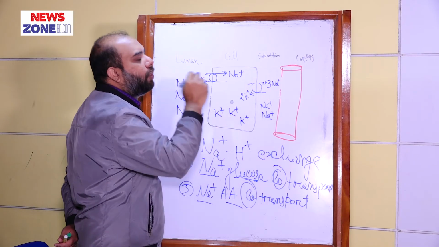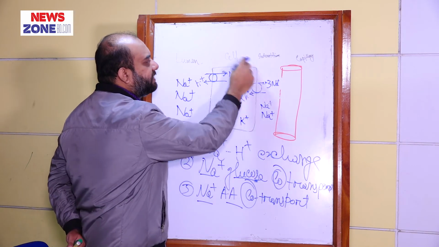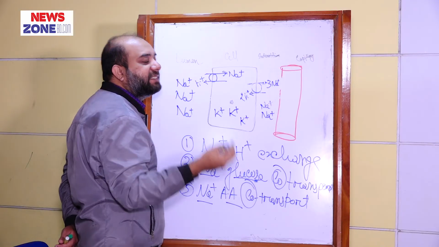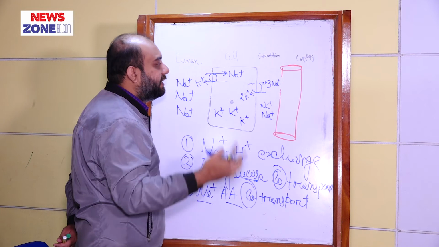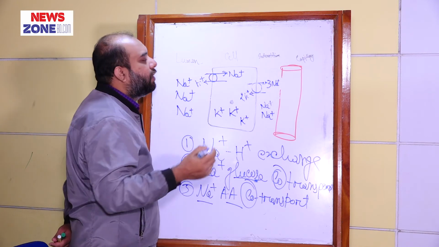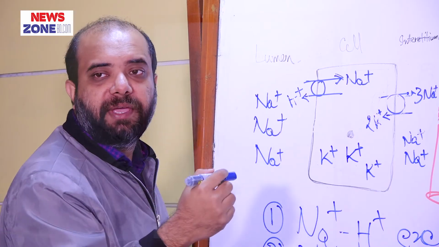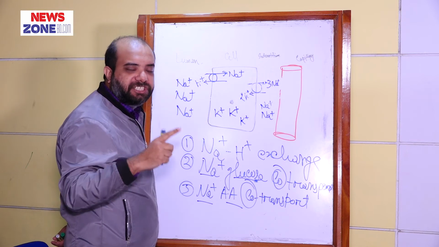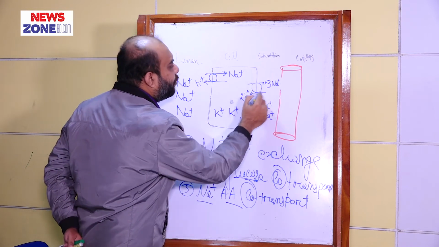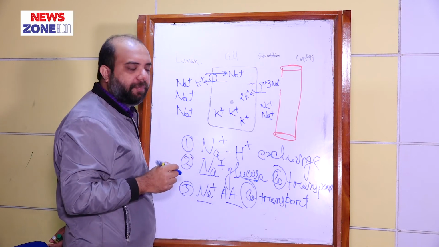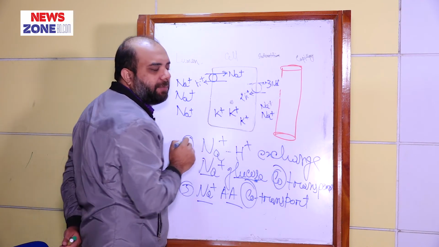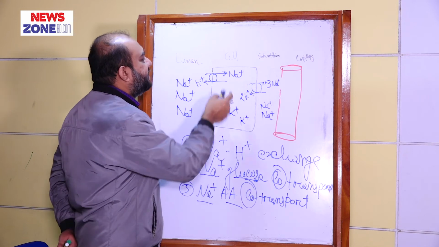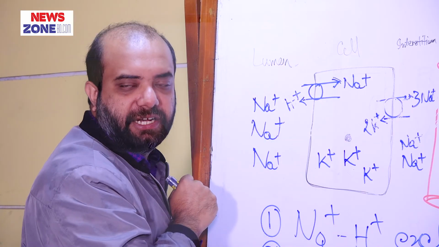3 sodium ions are expelled from the cell into the interstitium and 2 potassium ions are dragged into the cell against the concentration gradient, and the needed energy will be expended here by the breakdown of ATP with the help of the enzyme named sodium potassium ATPase, and the pump protein is known as the sodium potassium ATPase pump. So the main purpose of this sodium potassium ATPase pump is to develop the concentration gradient and the driving force which will help to secrete the hydrogen ion.